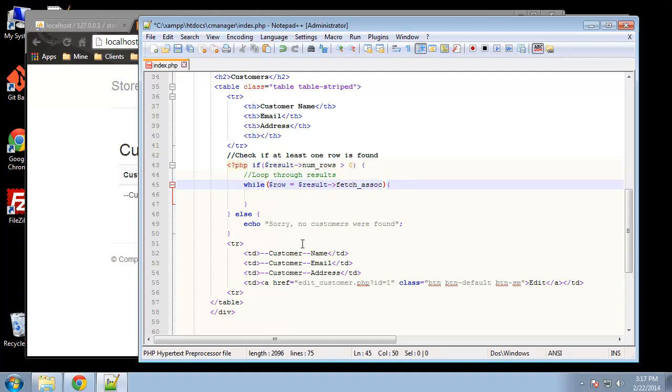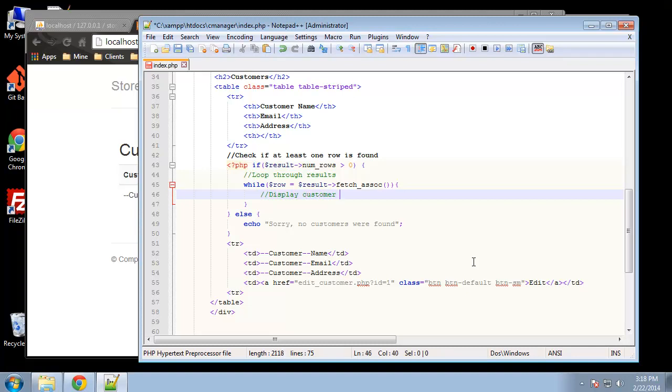What this fetch assoc is going to do is get an associative array of the returns, and we're putting that into a variable called row, so we can use this variable from within the loop. So it's basically saying while there's still some rows left, because it's going to loop and then check if there's still some left. If there is, it's going to do whatever we do here,